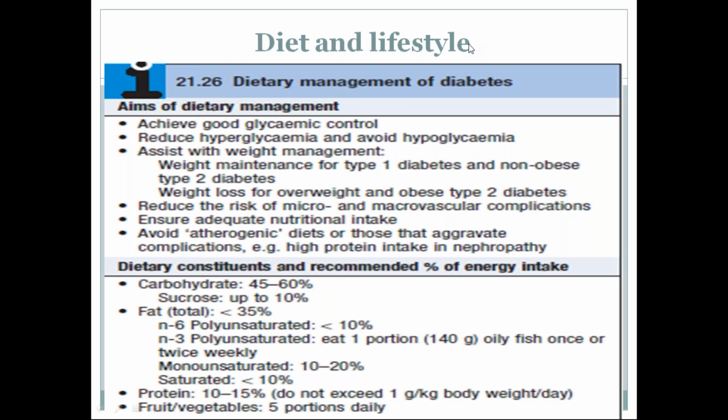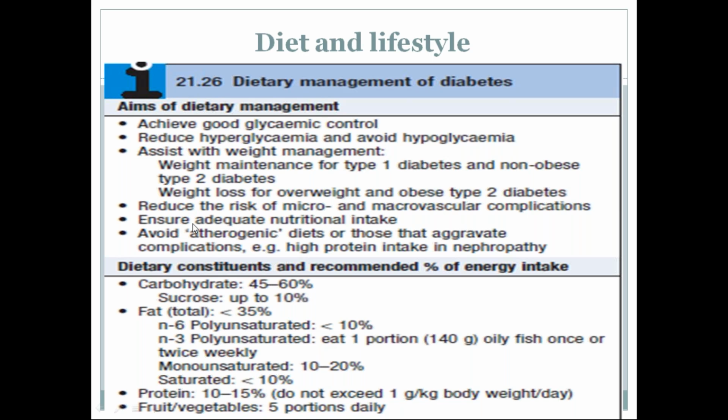So what about diet and lifestyle modification? What are the aims of dietary management? The aims include achieving good glycemic control, reducing hyperglycemia, avoiding hypoglycemia, and assisting in weight management. Management is weight reduction for overweight patients and obese type 2, whereas weight maintenance is for type 1 diabetes and non-obese type 2 diabetes, and to reduce the risk of micro and vascular complications, and